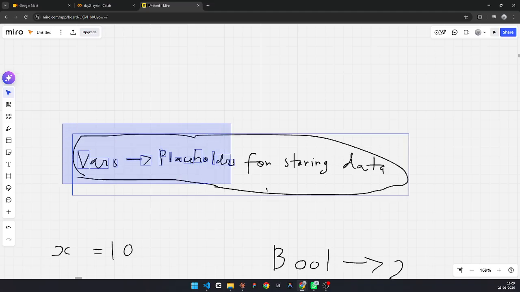I forgot to explain this, by the way. Variables are nothing but placeholders for storing data. Data are usually very big, and you cannot copy and paste them repeatedly in the code. So if you can store it in a variable, it would be much more efficient to write in code than explicitly mentioning the data.